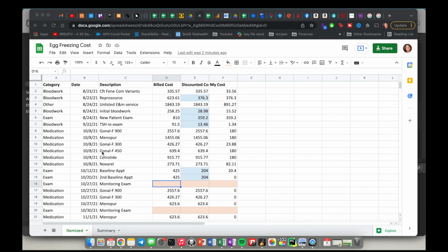So I have a spreadsheet where I have a summary of the costs. In this first tab, the itemized tab, I have each item listed separately with the build cost, the discounted cost, and my cost. The discounted cost is basically if there was some sort of negotiated rate with the insurance company, I'm sorry, and the build cost is what was actually submitted by the doctor. And then my cost is, of course, what I paid. So what I did was any cases where the build cost and the discounted cost were different, I've highlighted them